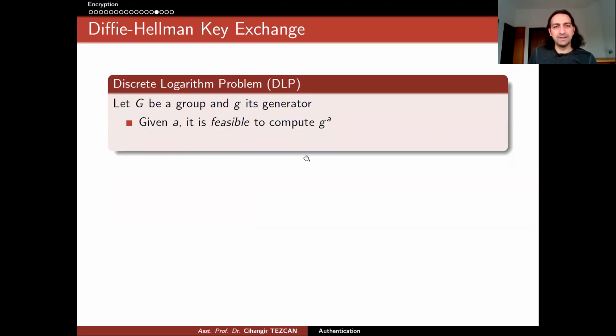So this is how it is done. It is done by Diffie-Hellman Key Exchange. But in order to understand the security of Diffie-Hellman Key Exchange, we have to first understand what trapdoor function they are using. And in this case, the discrete logarithm problem is used for security. So the discrete logarithm problem is actually something simple. You use a group and its generator G. So this is an algebraic definition.